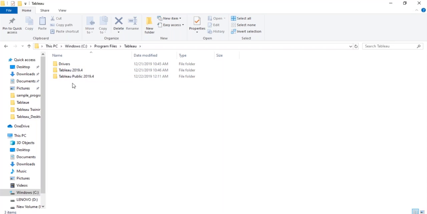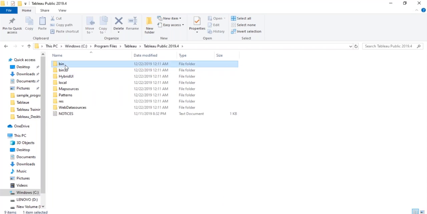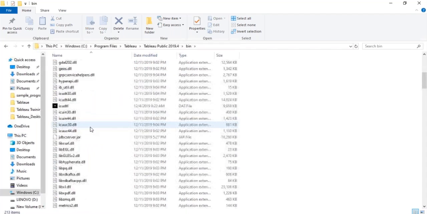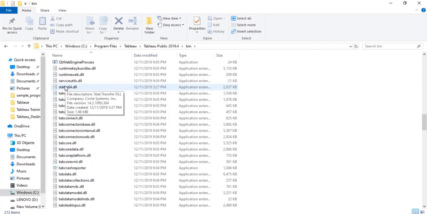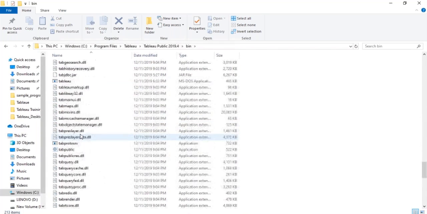Then for Tableau Public, you can go to the bin folder and there will be Tableau there. See here, this is the MS-DOS application, Tableau, in this format, which is 495 KB. You can just click on that.